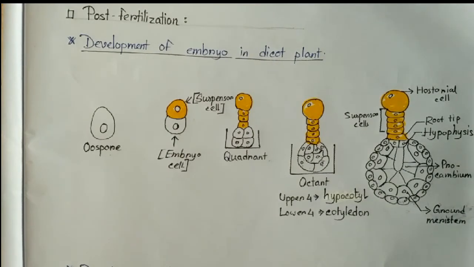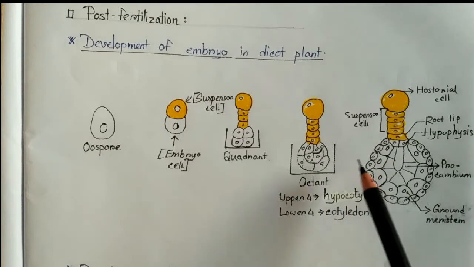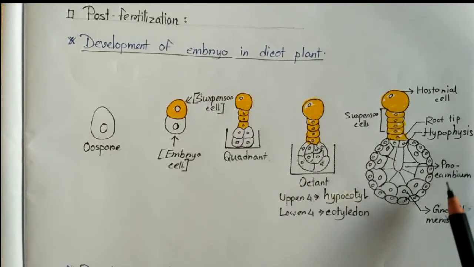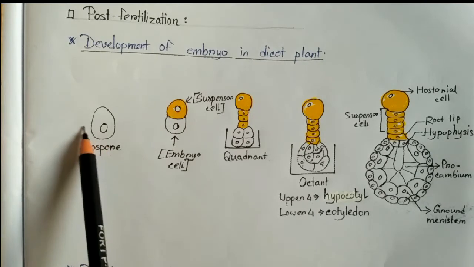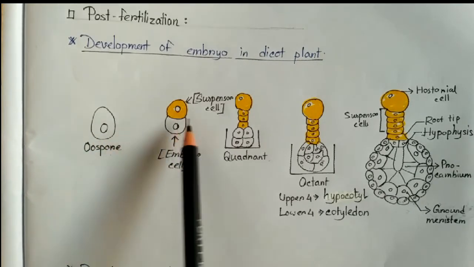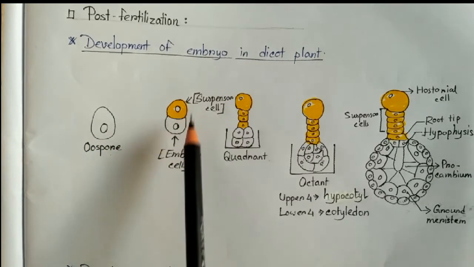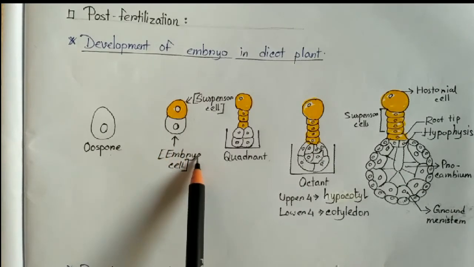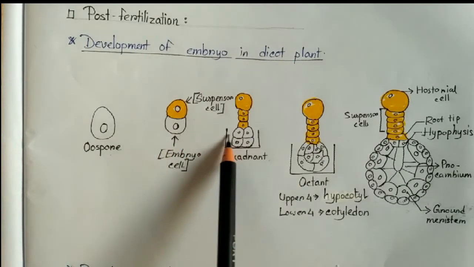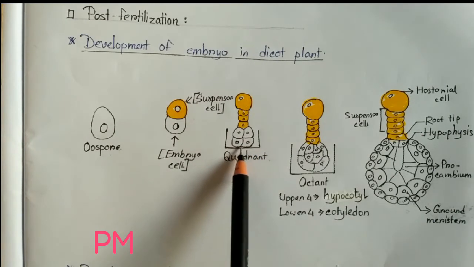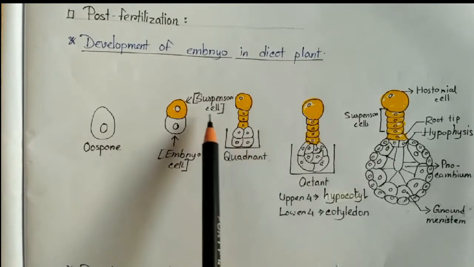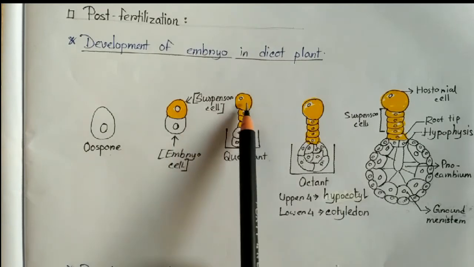Embryo is developed, and this cell is continuously destroyed or dried further. So first the oospore is formed, then it is divided horizontally. The upper one is a suspensor cell and the lower one is the embryo cell. The lower one divides longitudinally and forms 4 cells, that is the quadrant, and the suspensor cell is divided into